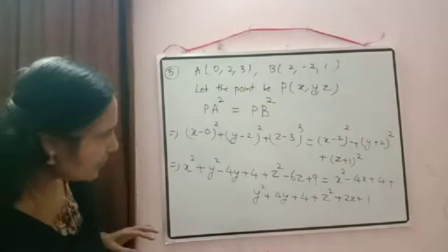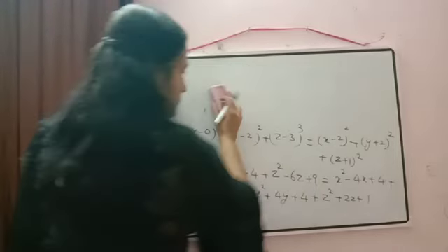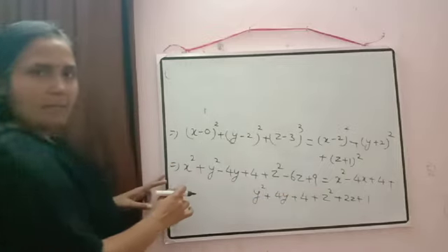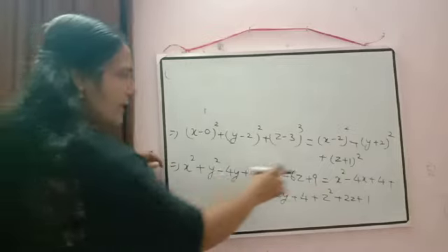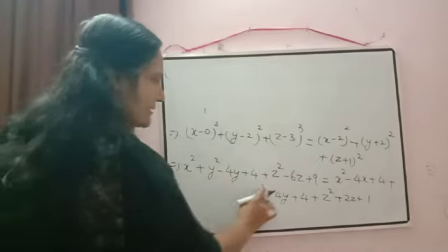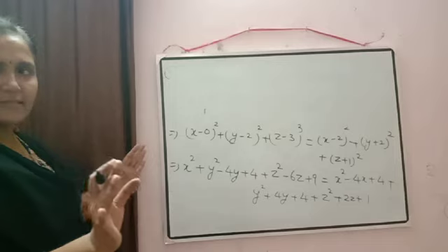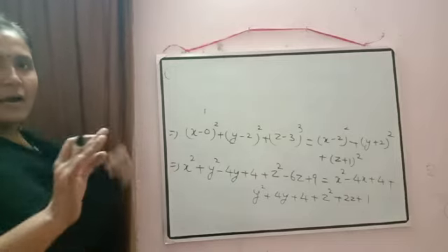Now what we will do? We'll shift all the expressions to the left-hand side there. So when we shift the expression, just to check, x square will become minus x square. So x square and x square will get cancelled. y square and y square will get cancelled. z square and z square will get cancelled. That we are not going to write. Okay.